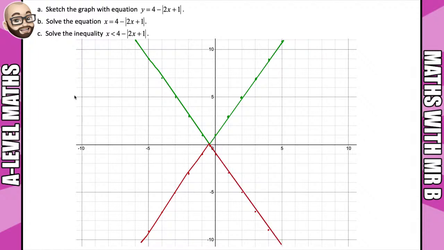So the red line is the negative modulus of 2x plus 1 graph. So now let's get rid of the green part. And then finally, to finish this question off, we need to add 4. So it's going to translate the graph 4 squares in the y direction. So let's move 1, 2, 3, 4. It's going to go here. 1, 2, 3, 4. And hopefully now